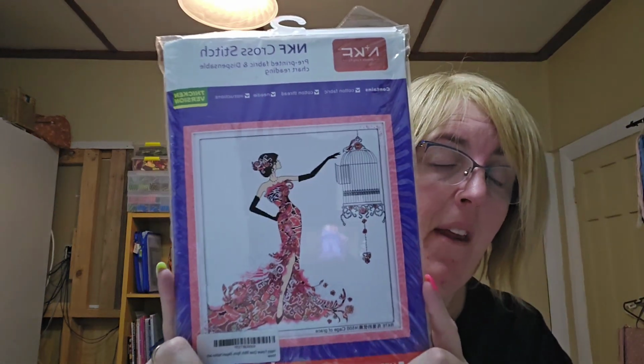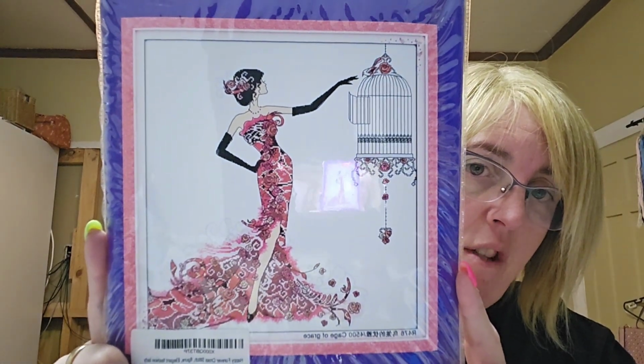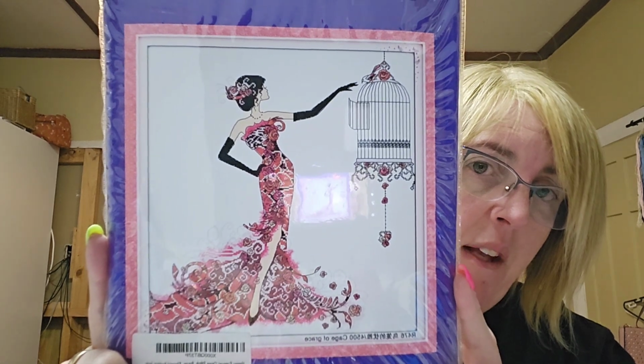A couple of stamped kits. I did see these many years ago. And when I found them, I don't know whether they are a legit kit or what they are, but I've had them since I've come to New Zealand, so 18 years. I purchased them, got all excited that I'd found it, and then realised it was a stamped kit. I hadn't done a stamped kit before, but I love the design, so I just sucked it up and thought, okay, I'll just give it a go. I haven't started it yet, but...